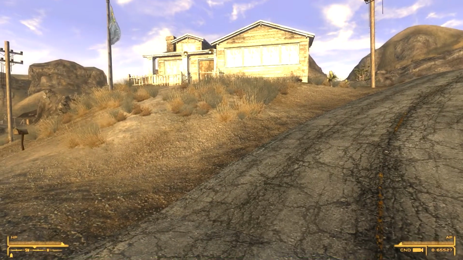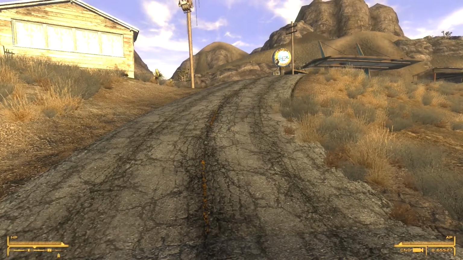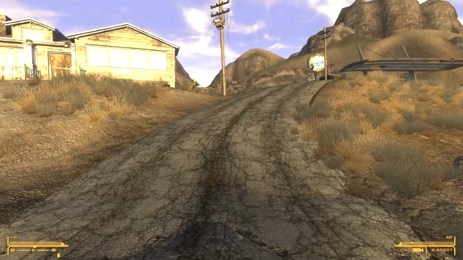Secondly, you might notice that my HP bar and my AP bar look a little bit different than normal. They look a lot smaller. The fact of the matter is, at least in my opinion, in Fallout New Vegas on the PS3 and the Xbox, on the consoles, the GUI, the graphical user